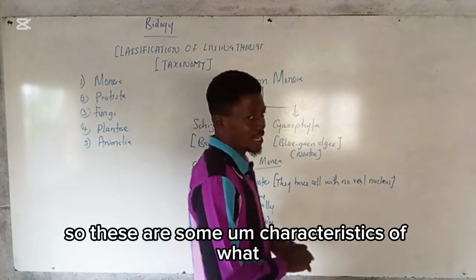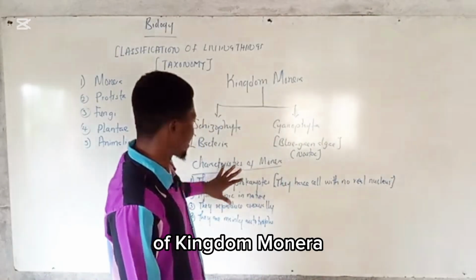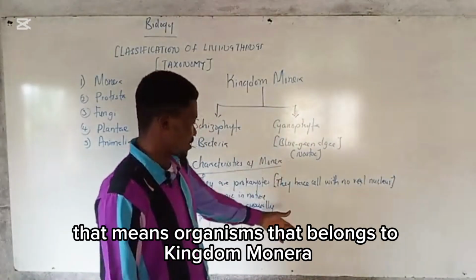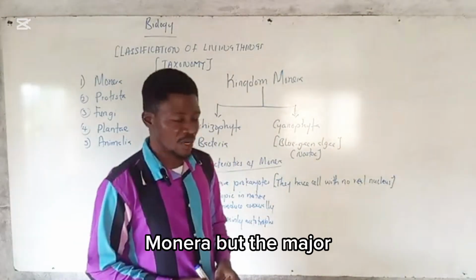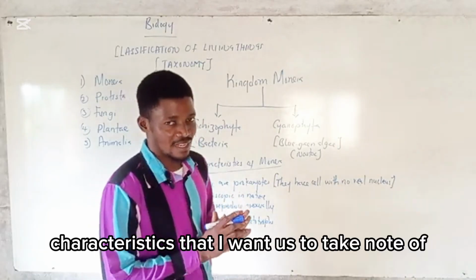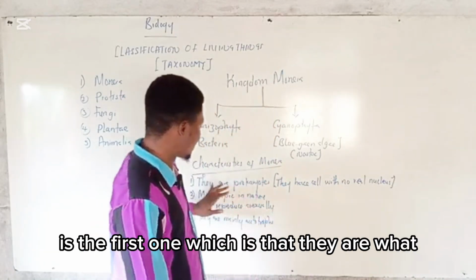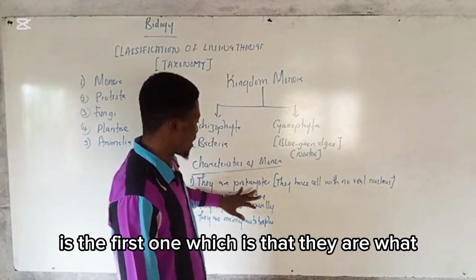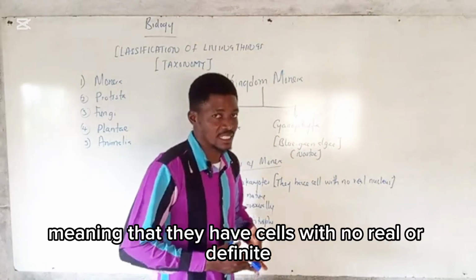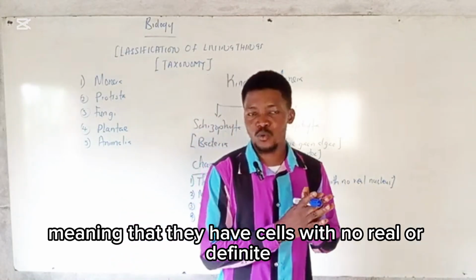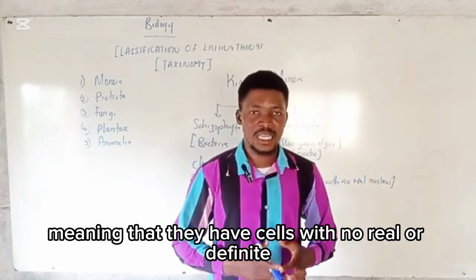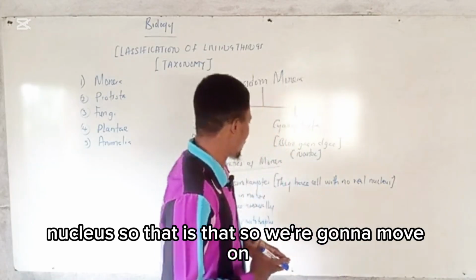So these are some characteristics of what? Of kingdom Monera. That means organisms that belong to kingdom what? Monera. But the major characteristic that I want us to take note of is the first one, which is that they are what? Prokaryotes. Meaning that they have cells with no real or definite nucleus. So that is that. So we are going to move on